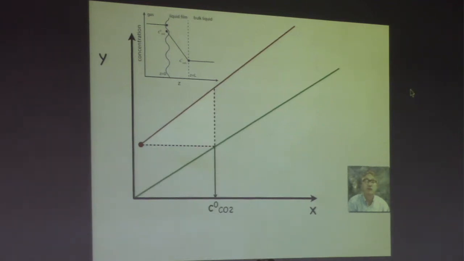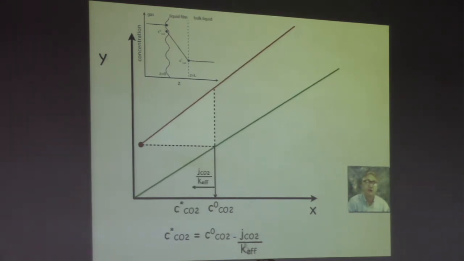CO2 from the gas phase enters, as on the operating line here, comes in contact with the liquid to the equilibrium line, and then steps back over to the operating line. I recognize, however, that the role of mass transfer is to affect the concentration that I choose on the operating line. In other words, the concentration at the film-liquid interface is what's appropriate, and that's the gas value minus this